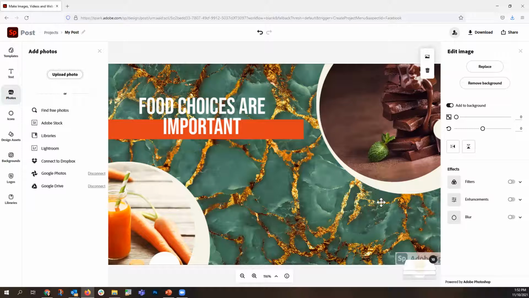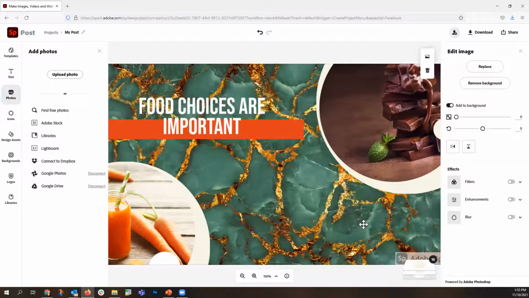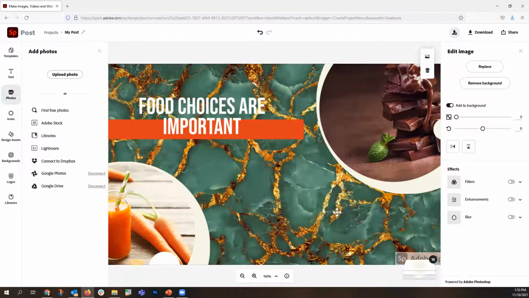There we go. It's a picture of marble. Now, as you can see, it doesn't really work. It's a little bit awkward. It's a little bit weird as far as the design goes and everything else goes. If I decide that that picture didn't really work, well, over on the right-hand side, I can just click remove